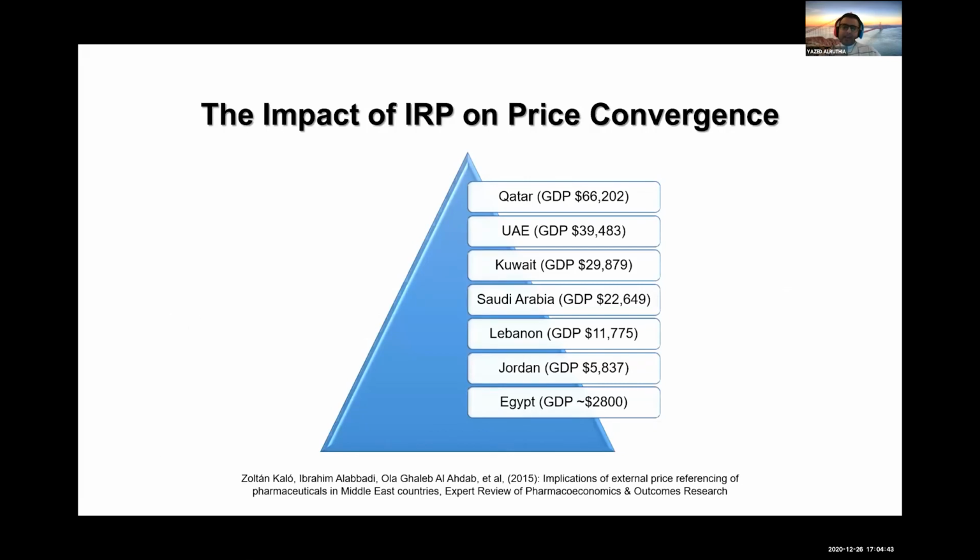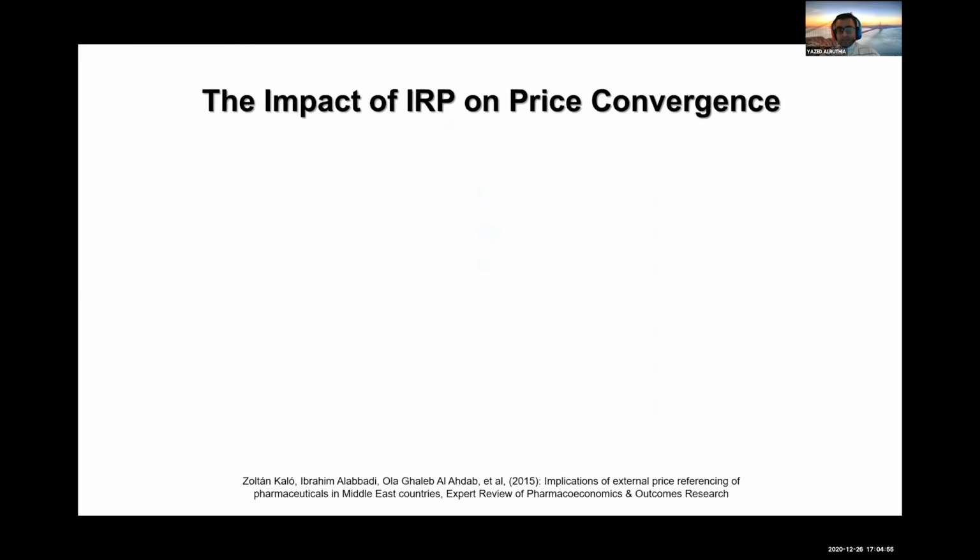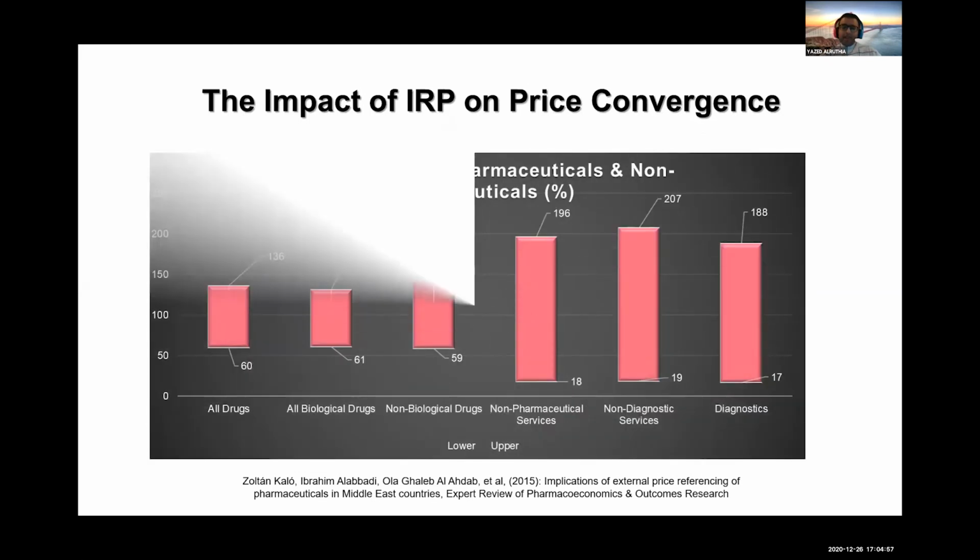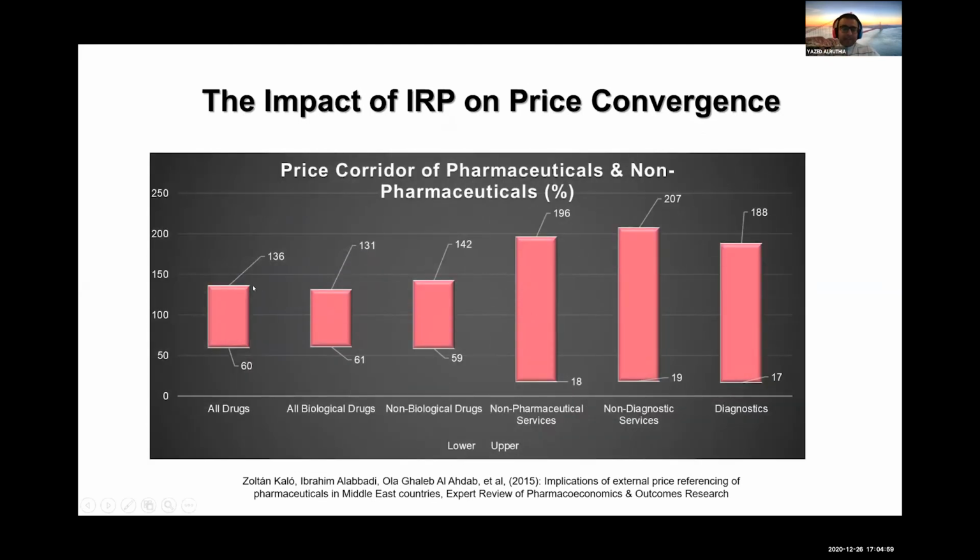Let's talk about the Middle East. There was a study that discussed the impact of IRB or ARB on price convergence, and they included 7 countries: Qatar, United Arab Emirates, Kuwait, Saudi Arabia, Lebanon, Jordan, Egypt, with different GDP per capita. What did they find? They found that the price, if you see my cursor here, the price corridor